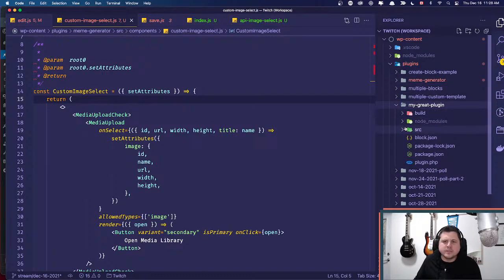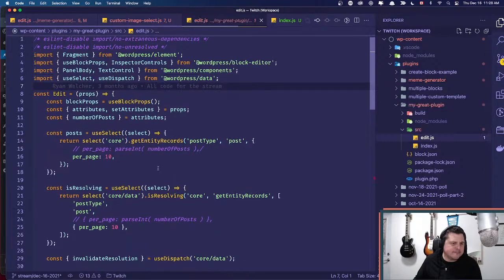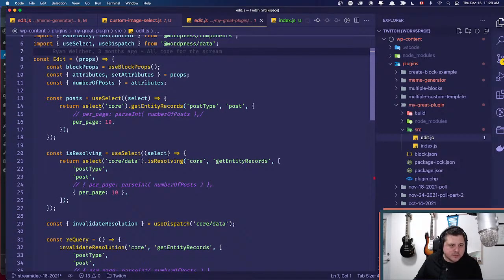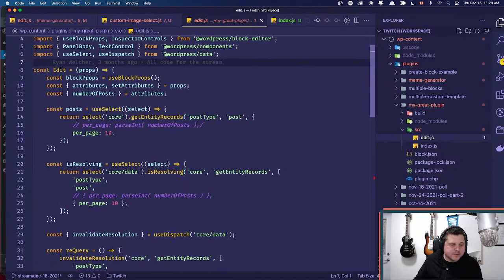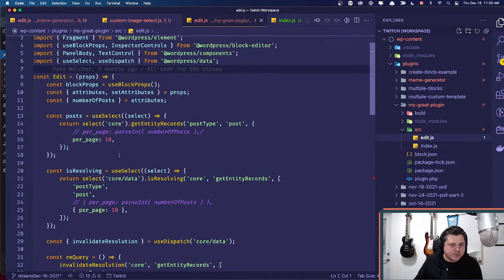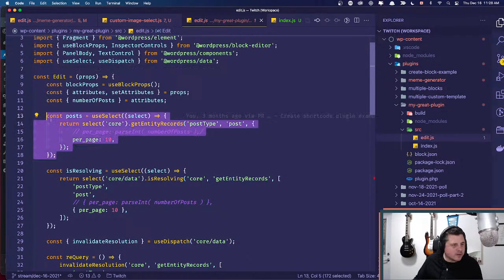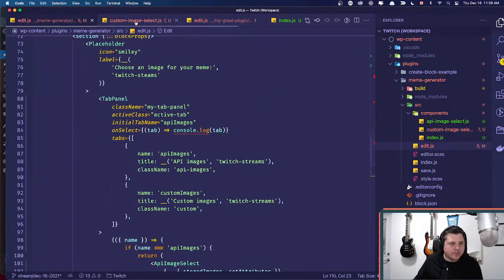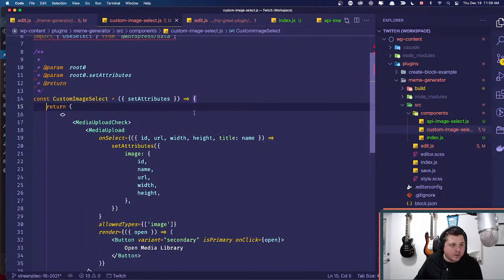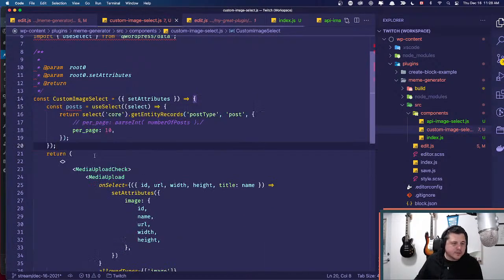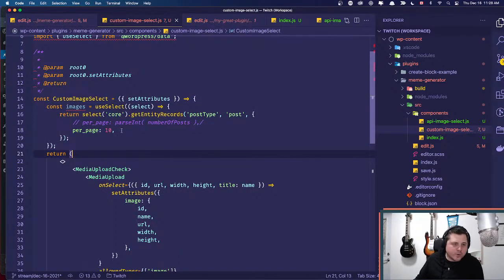Let's see what's in here. Is this it? Yeah, right here. This is sort of it here. So what we're going to do is pull, except it's not going to be posts. Wait, sorry, where am I? Custom image. All right, so in here, I'm going to grab this. I'm not going to use posts though. It's going to be images, right? Images. And then what I need to hit is the